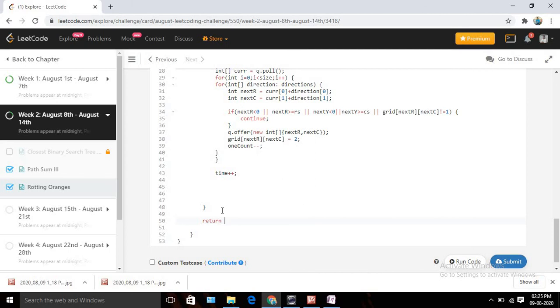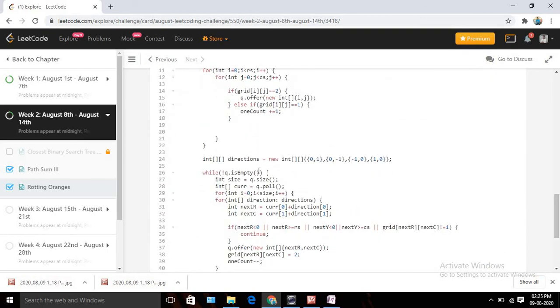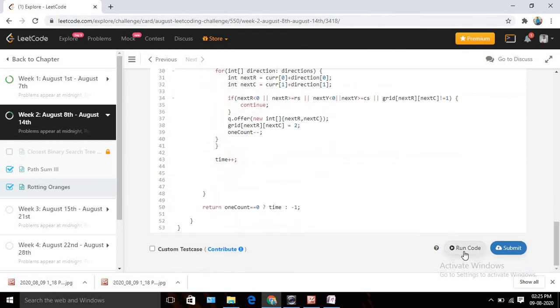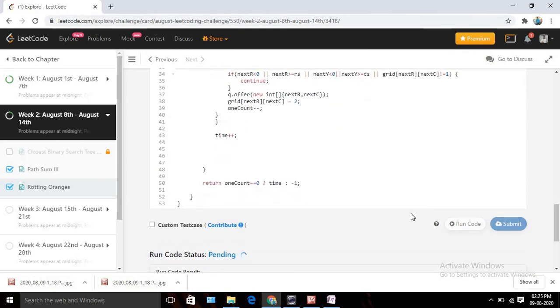So we will check whether our one count equals 0. If it is equal to 0, then we are going to return our time, else we are going to return -1. And we need to run this while loop for 2 conditions, right? If my queue is not empty, and if my one count is still greater than 0, else we will not iterate through the queue, right? I think that's pretty much for this code. Let's run and check whether it's compiling or not.